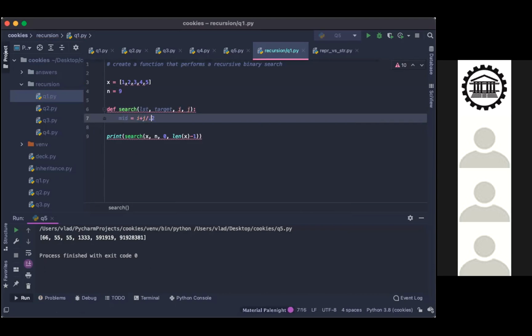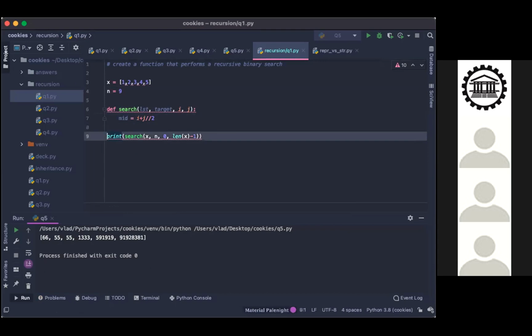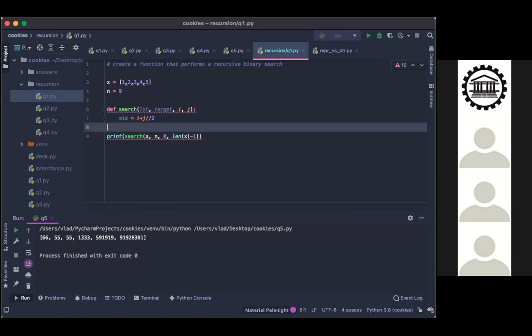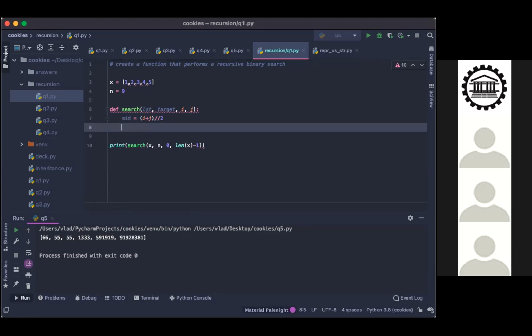So we have to say list I plus list J. With brackets around I and J, like that. There we go. That looks better.